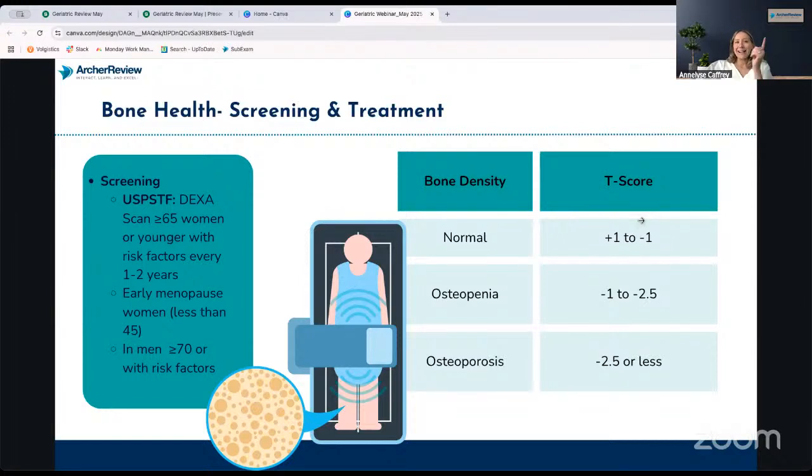You're also going to want to get that DEXA scan, like I was talking about. You should know these T-scores, so take a screenshot of this page. Osteoporosis is considered a T-score of -2.5 or less. So like -3.5, -3, -5, those are all going to be considered osteoporosis. -1 down to -2.5, so -2.4, is osteopenia. And then normal is down to -1. So +1 to -1 is normal bone density. You're going to want to memorize this one. It's pretty testable, and you'll see these numbers a lot in practice because you're going to order a lot of DEXA scans, right? Because they're recommended, right? Okay.